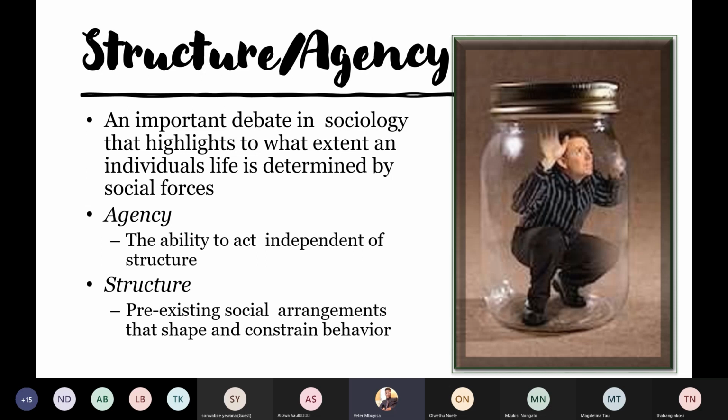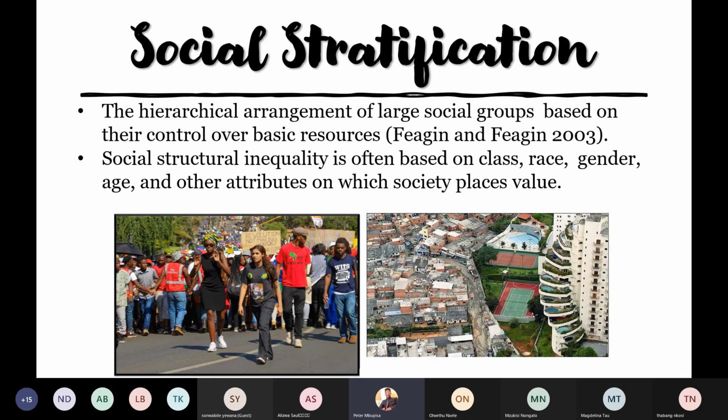They are saying, we are not going to allow the society or government or institutions that exist in society to bottle us inside this container. We are going to come out of the container and voice out our views